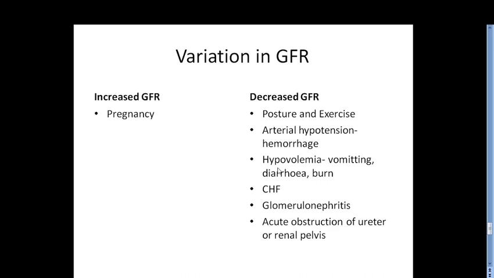So there are certain conditions, some are physiological, some are pathological, which are related with variation in GFR, and they are very common to know. Like the commonest physiological condition in which the GFR is increased. Usually in pathological conditions the GFR will not increase. But in case of pregnancy, this is the normal physiological condition. As you know, in pregnancy there is hypervolemia, increase in the blood volume. So that's why there is more renal perfusion and more and more GFR.